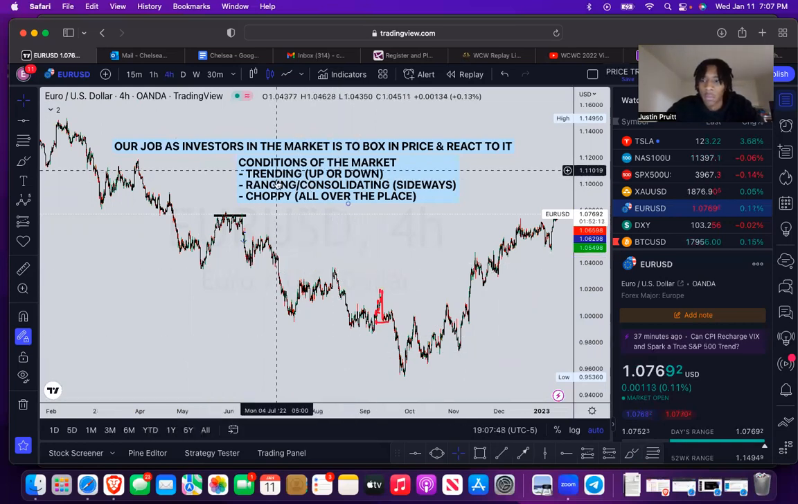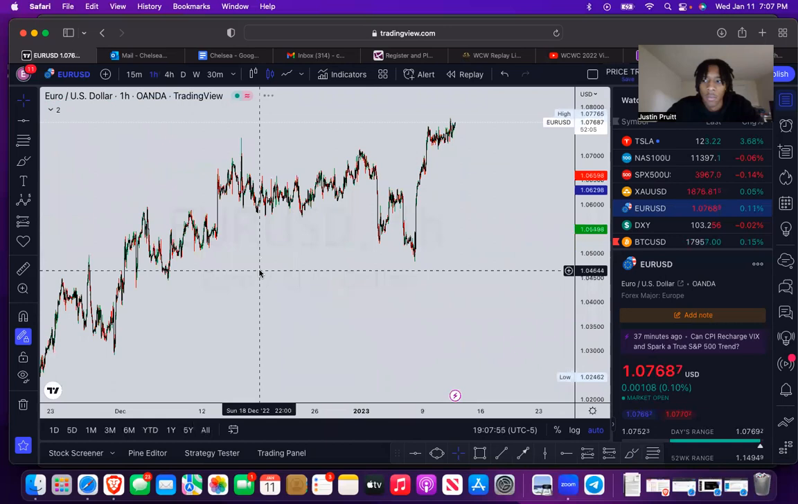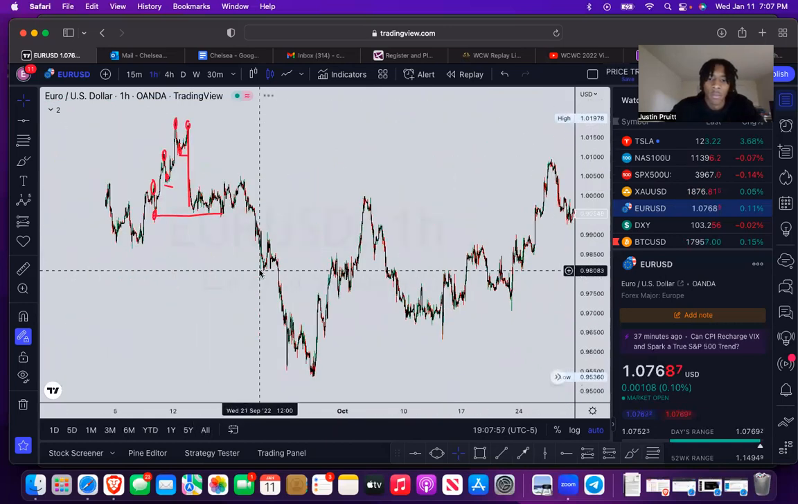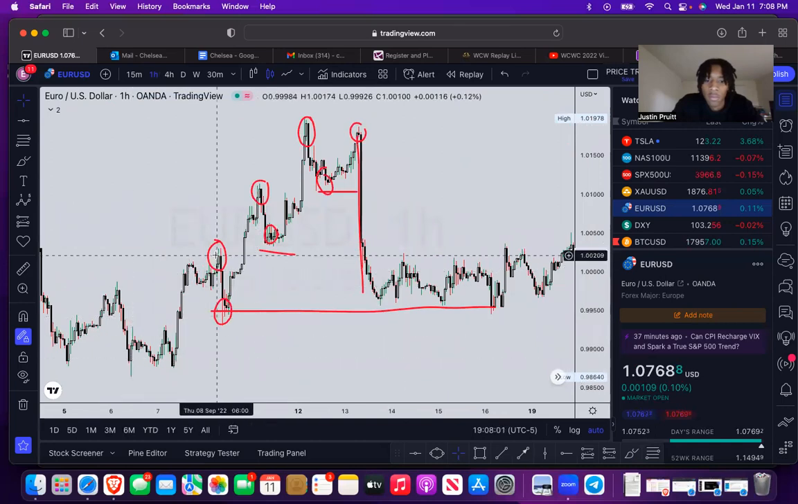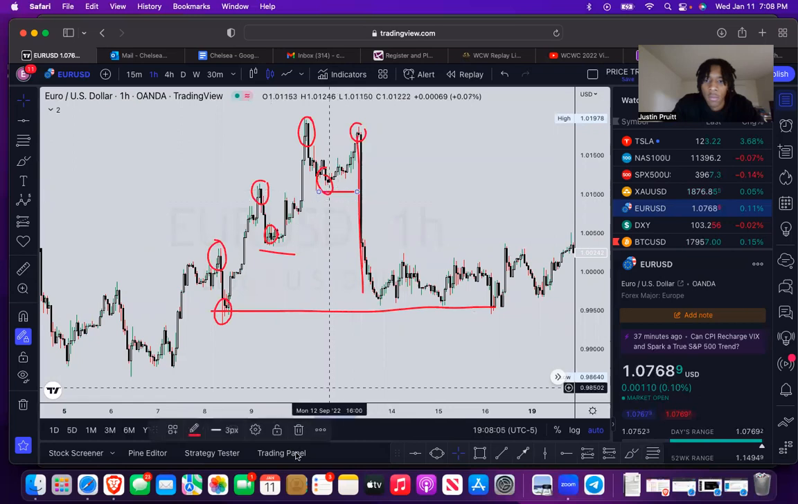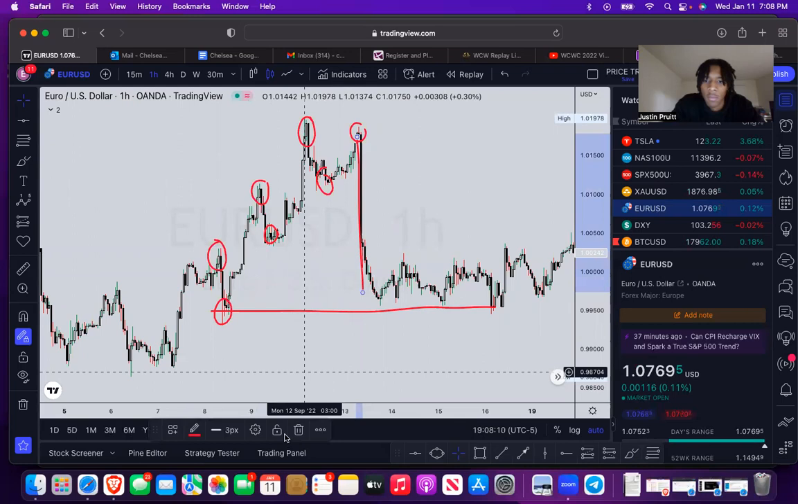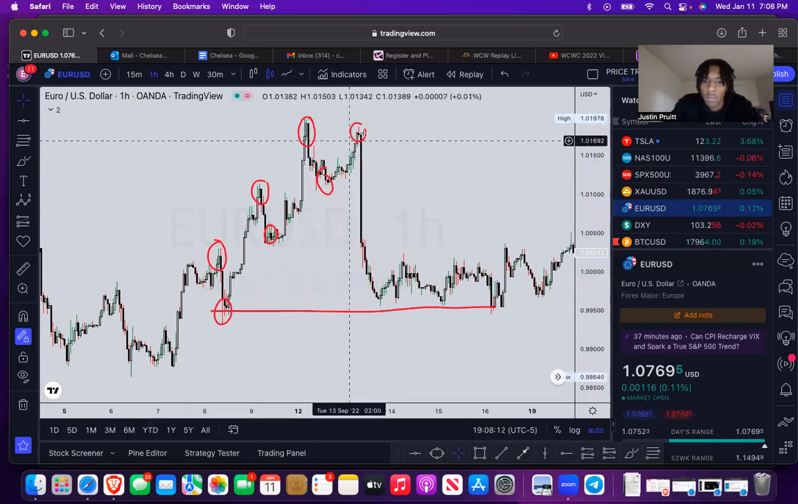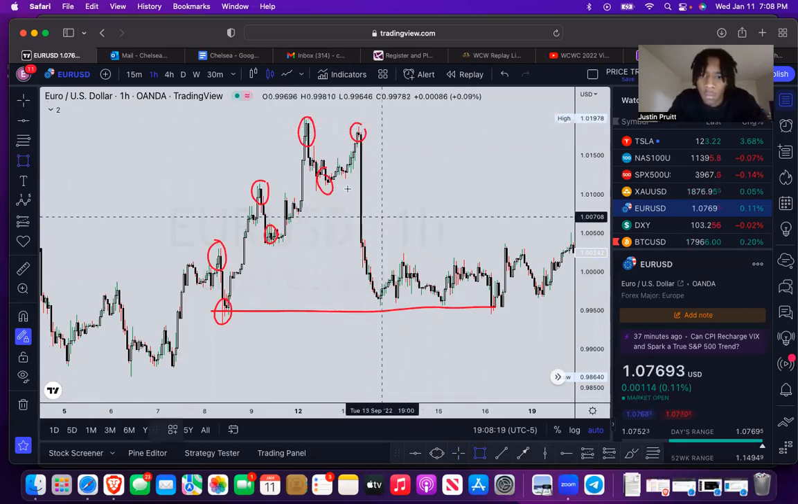So next, let's talk about ranging. I'm going to go back down to this same area that we were just looking at. So we saw the series of higher highs, higher lows, higher highs, higher lows. So she's trending up right now. And then price came and made an equal higher high, and it's equal because